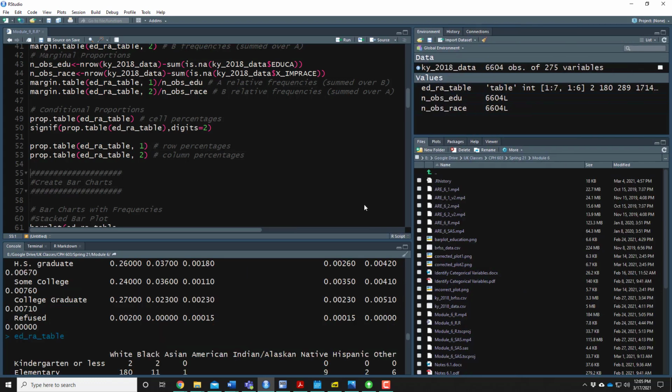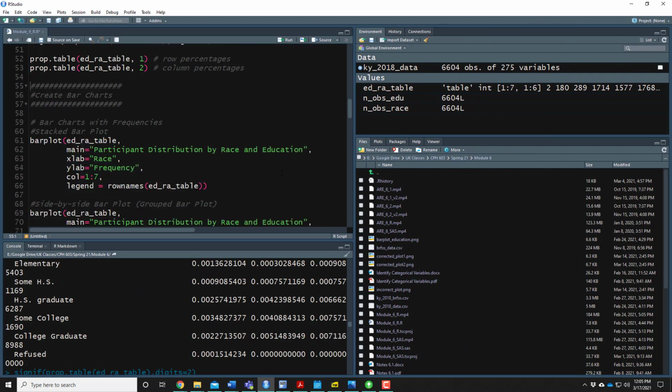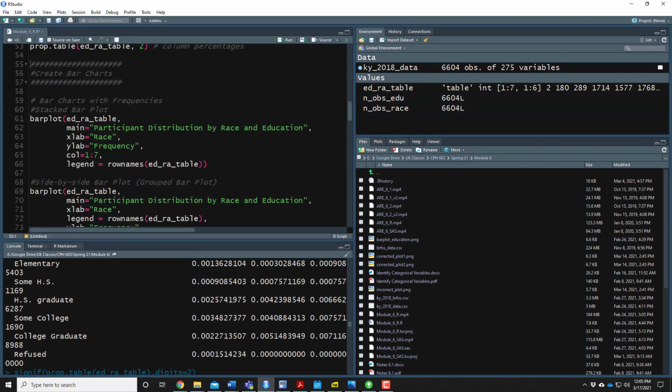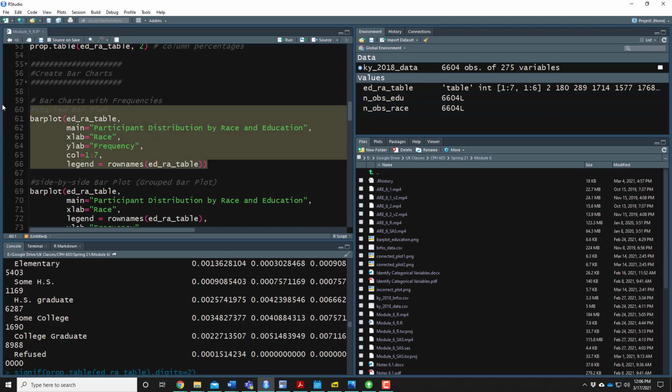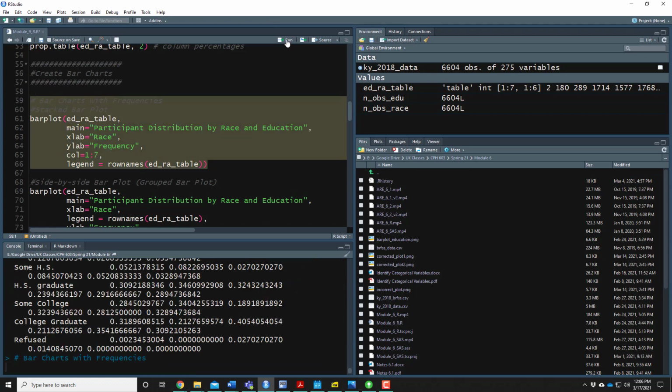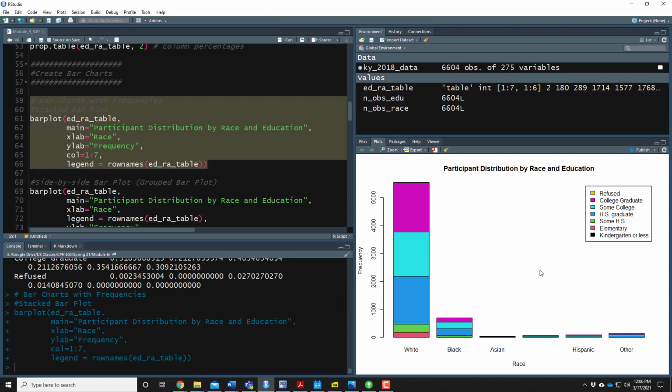So let's now look at some bar charts. We're going to look at several different ones. And you'll notice for each of these I'm going to use that table that I created. So the first bar charts we're going to look at are bar charts with frequencies. So here I'm going to run this and we'll talk about it. So here's my bar chart. This is a stacked bar chart. And so you'll notice by